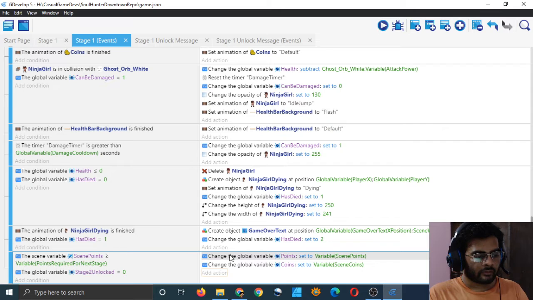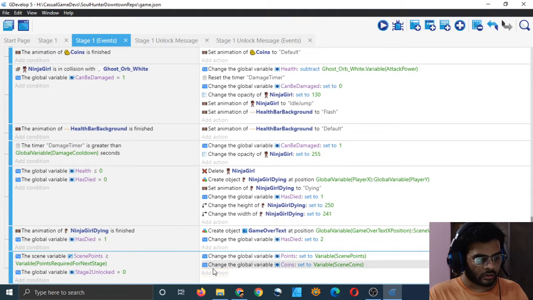So that's why we will save these global variables to a save file, but we will do it at the end of a game, not every frame. So that's why we are updating scene variables every frame, but we will update the global variables once and save them at the same time. So that's why we are doing it, and so that's what it is.